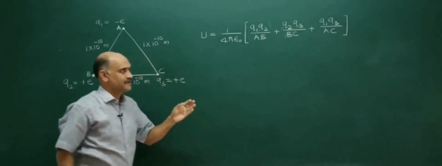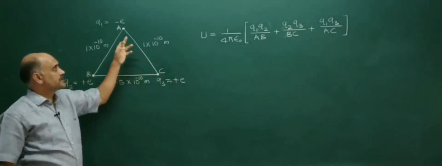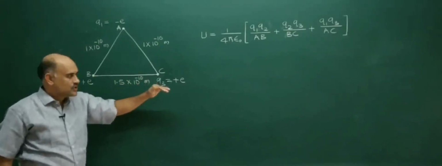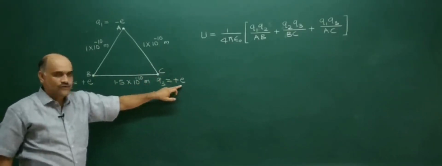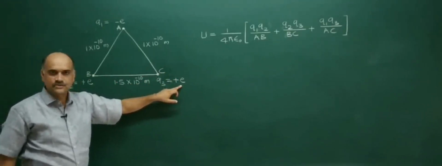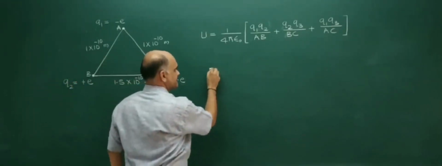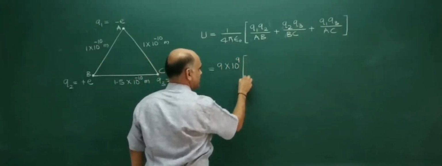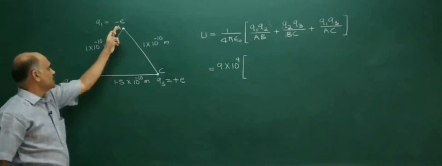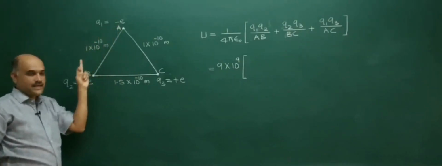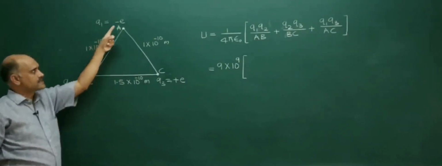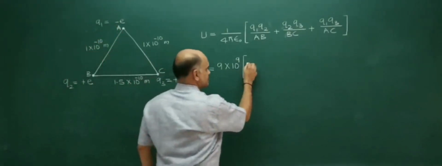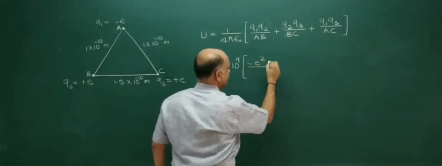Now I will substitute the values. While substituting, if it is negative, you are required to consider the minus. Finally I will substitute the value of e, that is 1.6 into 10 raised to minus 19. First I will simplify 9 into 10 raised to 9 into bracket, Q1 into Q2. If I take minus e into plus e, it will be minus e square, divided by